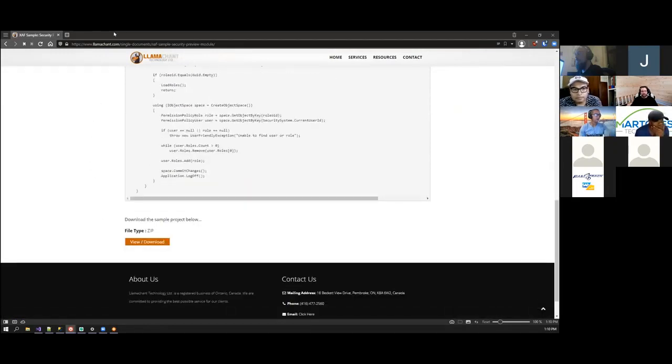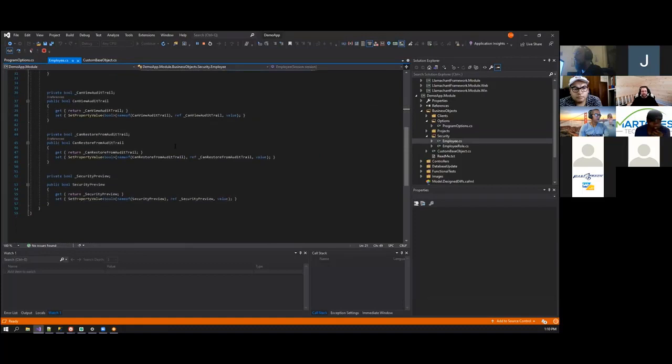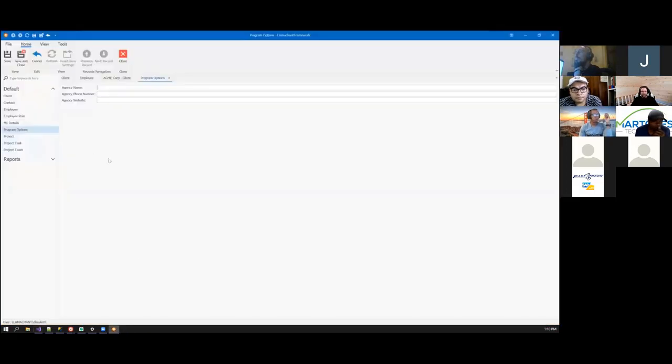What I like to do is put an option on my employee class or my user class that says, can they do a security preview? In most cases, I'll make this browsable false, so you have to set it in the database directly. Users can't just go in and say, yeah, I can preview security. But basically what happens is as I'm working on